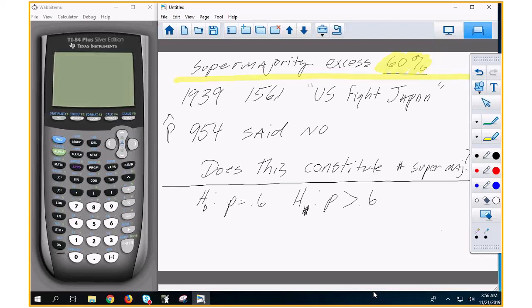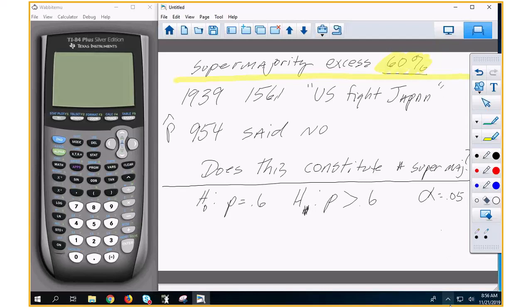Now, we're going to use alpha equal to 0.05. Let me go ahead and tell you this. 99% of the problems that you get will be given an alpha in some way, some form, or given a confidence level. If you're given a confidence level, then alpha is equal to the complement. A 95% confidence level equals a 0.05 significance level. All right, so all that's going to be given.